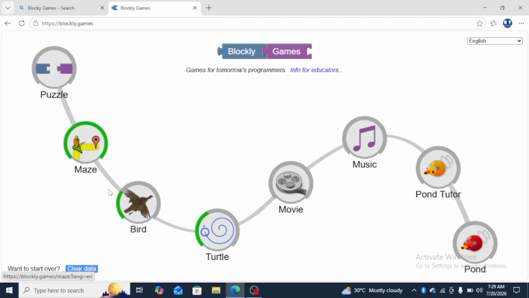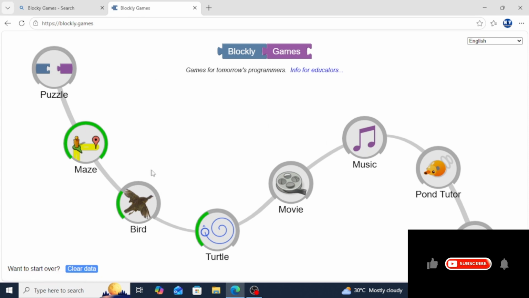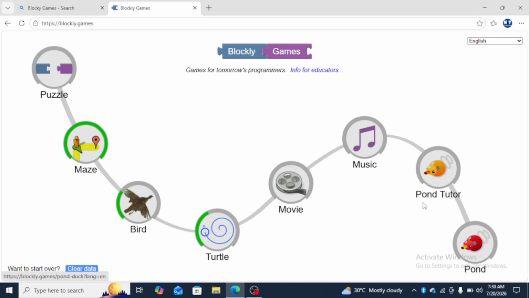For most of you guys, it wouldn't be showing you all these green arrows, just because I've started and already done some of the data here. So as you can see, there are a bunch of different menus in this Blockly games tab. So I think we should start with the first one. Let's try and complete the puzzle method. So we click on it,